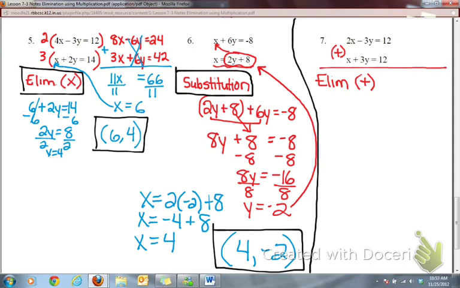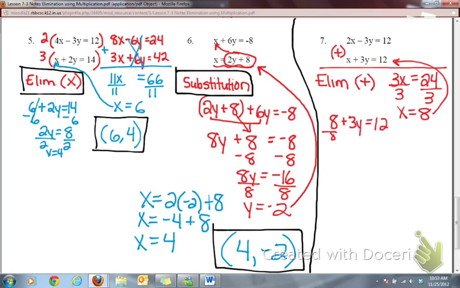When we add the equations together, 2x plus x is 3x. The minus 3y plus 3y cancels. That's the whole reason we added. And 12 plus 12 is 24. So 3x equals 24. Divide by 3. x equals 8. Now we have to plug that in, if I can see my original equations here. If x equals 8, I'm going to plug it into the bottom equation and find out what y equals. So that's 8 plus 3y equals 12. Subtract the 8, and 3y equals 4,